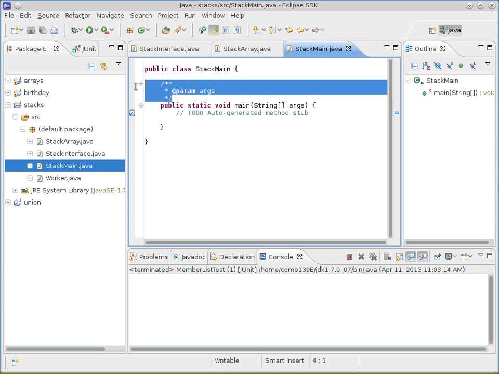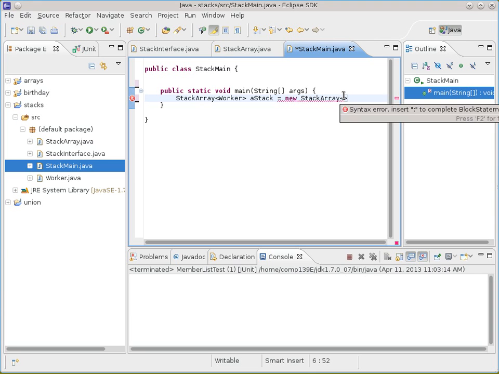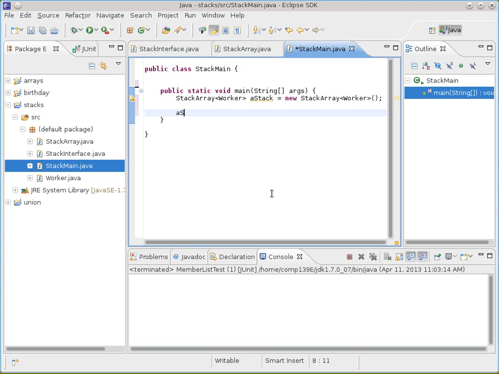So to actually use the stack, I might do something like this: stack array that can only hold workers is a new stack array. So notice it looks essentially just like the way we used array list, except it's a little bit more restrictive. A new stack array that can only hold workers, constructor. And now I would do a stack dot